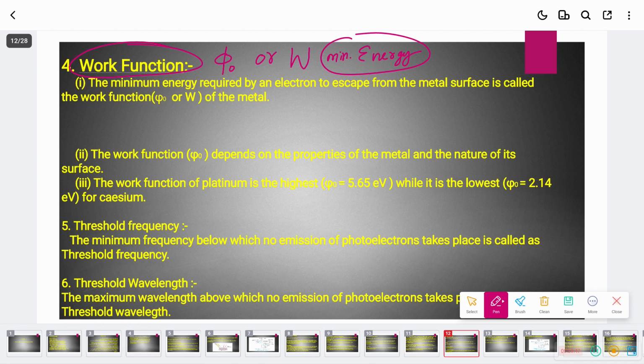It is a minimum energy. Minimum energy of what? Now I'll tell you. You can tell the definition. See, metal is there. In every metal, there are energy levels: K shell, L shell, orbitals. In chemistry, you studied already, no? In metals, some shells are there: K shell, L shell, M shell, N shell, P shell, orbitals also. So, I am telling, in metal, one electron is sitting here in one shell.